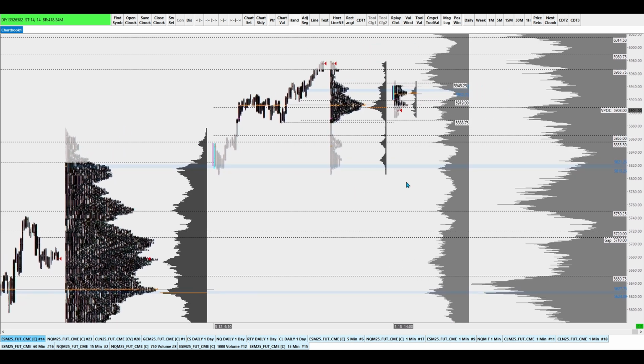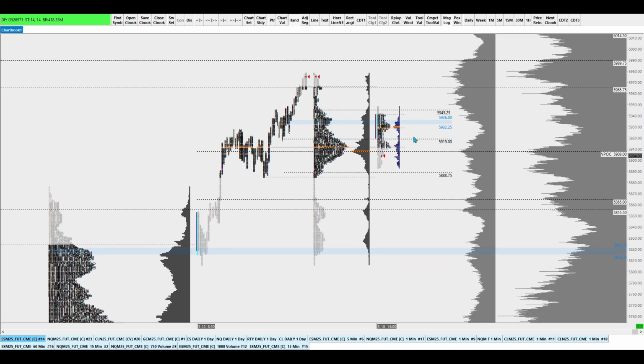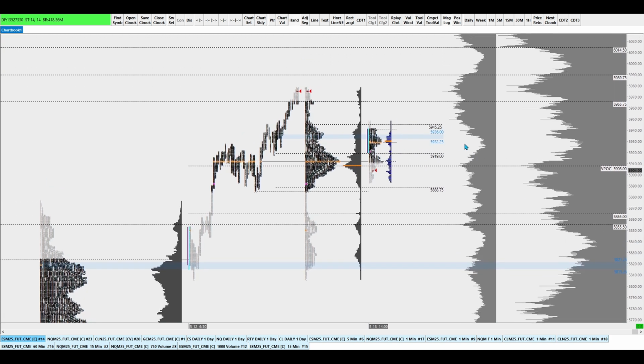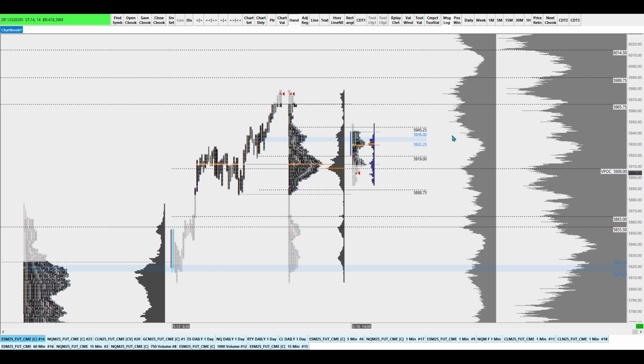So that's what I'll be looking for on ES. If this trades back over this point of control, stays over 59.19, and more specifically trades back over the 40s, 30s, I'm thinking we just go higher, right? Regardless of this Moody's downgrade.